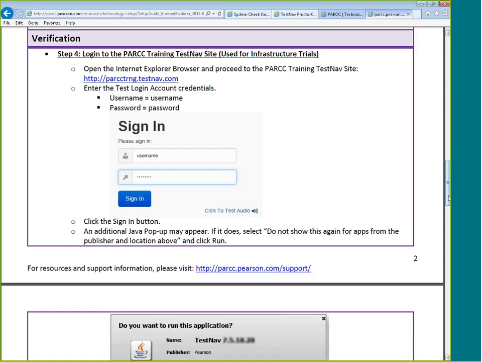I could log in on any device with username and password, all lowercase, and I can see, hey, are there any pop-ups that are going to show up? Or is my app where it should be? Is it on the right customer site? So this is just some great documentation to make sure that if there are any final setup steps that maybe haven't been taken yet, it'll help you through those to make sure that devices are completely ready for the student to sit down on day one and take the test.